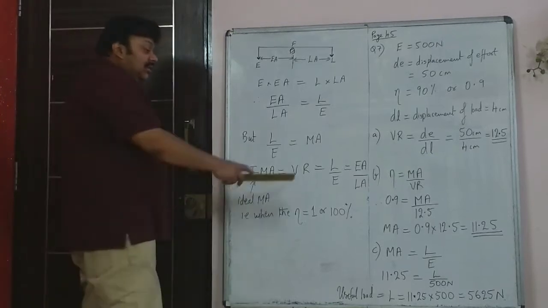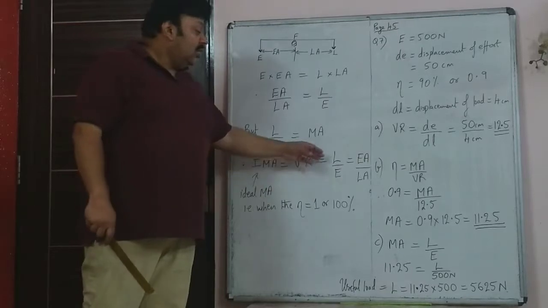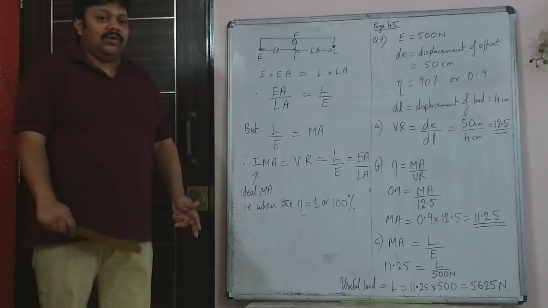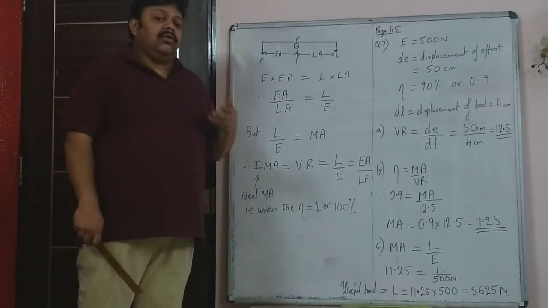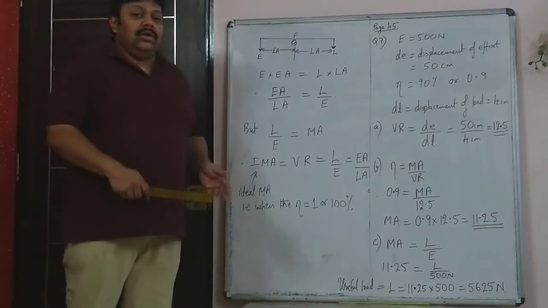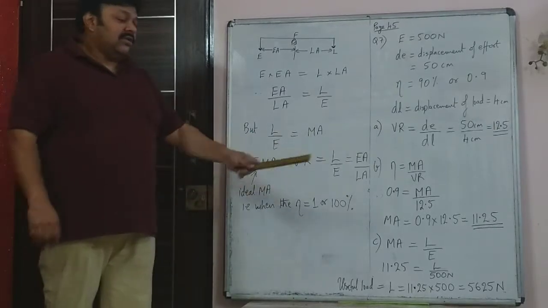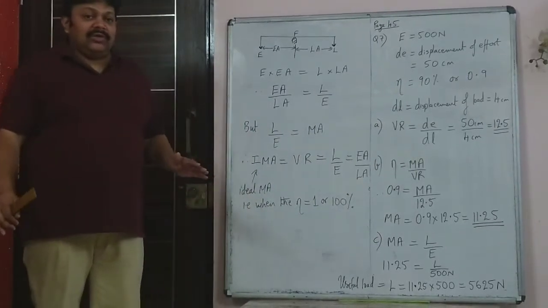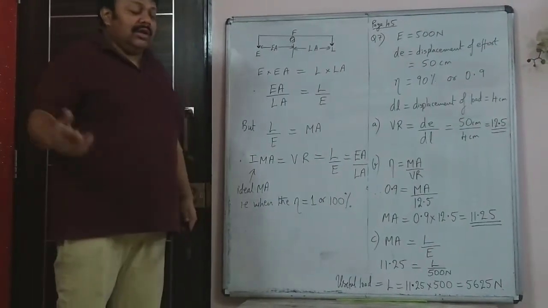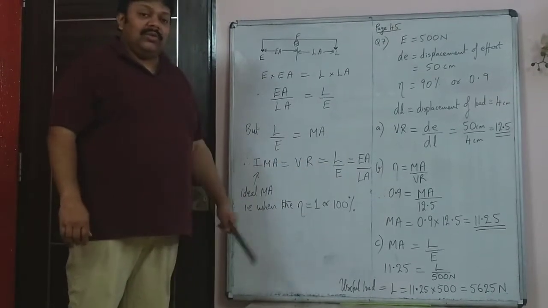Sometimes when you are asked MA, you will be looking out for the formula load upon effort, because MA is load upon effort. That's how you define mechanical advantage, the ratio of load to the effort. But then what is given won't be the effort and load. You would be given effort arm and load arm. So you should know that in such cases, if there is no mention of friction in the sum or no resistance, nothing, then you will assume it's an ideal case, and for any ideal case, load upon effort and effort arm upon load arm will be same.